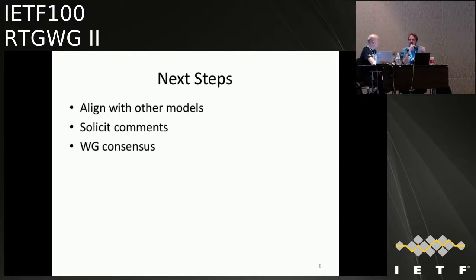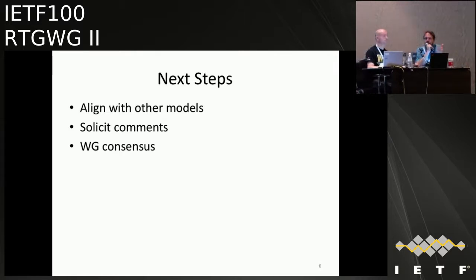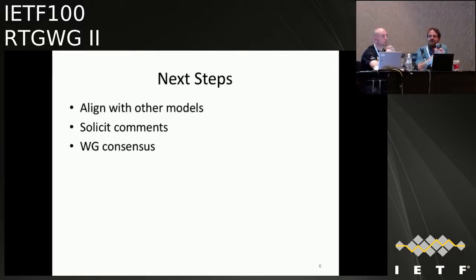It might actually facilitate people in the routing area paying attention to it more if you change the name of the draft, putting RTGWG instead of netmod, and that will automatically bring it to the attention of people in RTGWG. You can go on and respond to that, but I just wanted to jump in and say that.